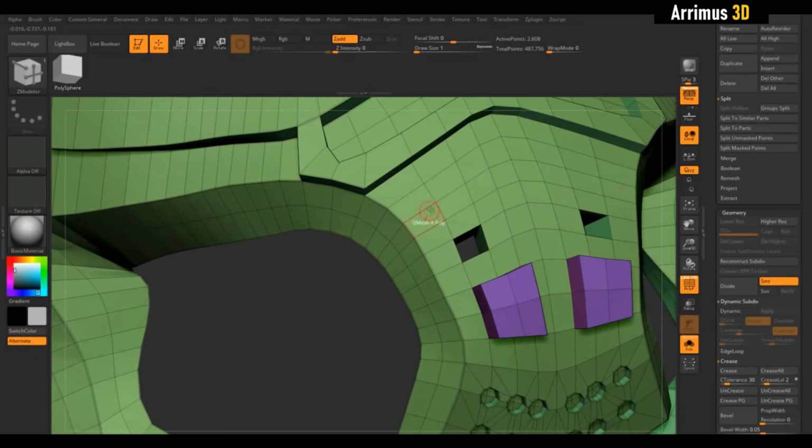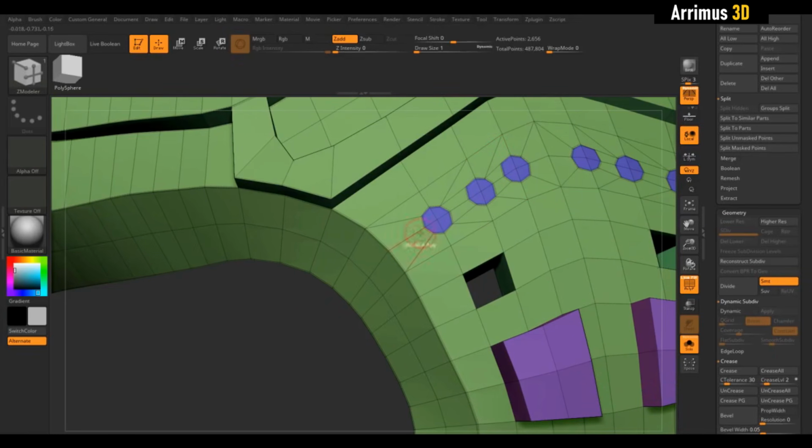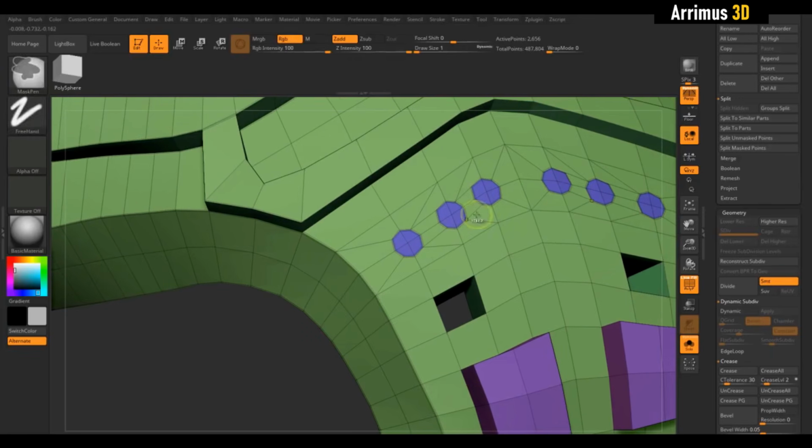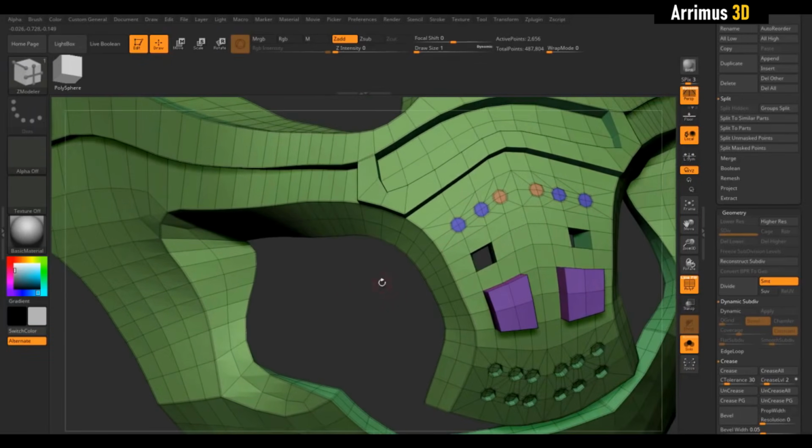So for example, in the case of the vertices with split, if I simply click here, they are now all purple. But let's say for example I want the newest one to not be purple. So what I will do is I'll left click, and before letting go of left click I will press Alt to change the polygroup right here. So it's a good idea to use a distinctive polygroup here, and that way you can avoid having polygroups that are too close in color. So for example,